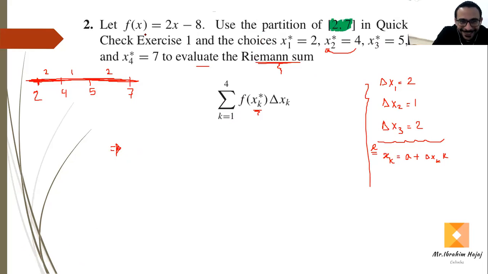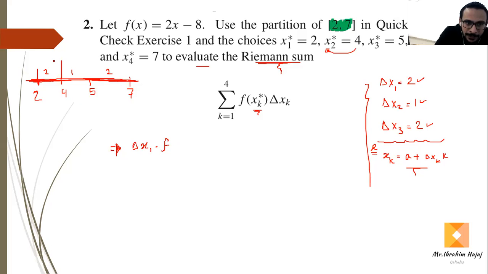So we're going to use the right Riemann sum, as we said. We're going to multiply delta x1, which is 2, multiplied by f of 4, which is the height. So here is the width times the height, which is exactly the area of the first rectangle. If we draw a rectangle like this,